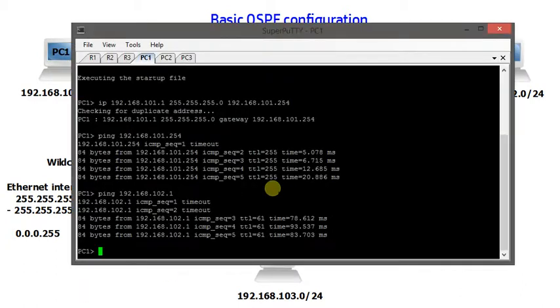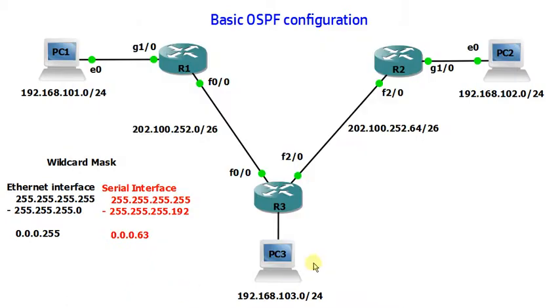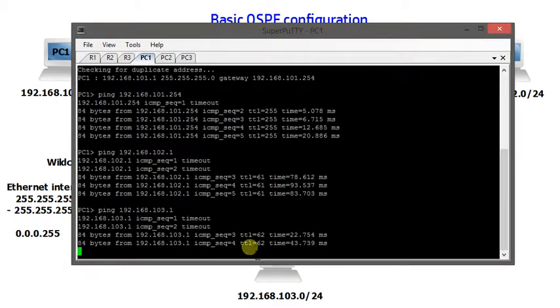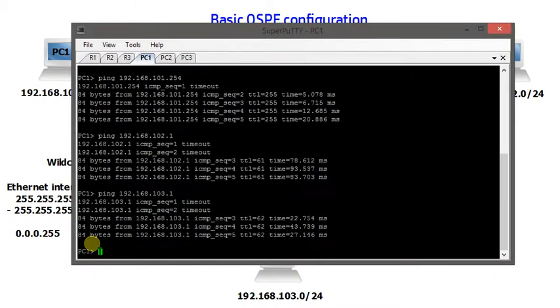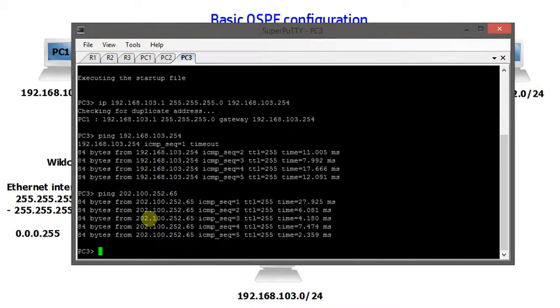The second one I want to check is 3.1, which is our PC in here, this PC. So you should receive a ping connection, or the ping packet is successful, right? So if I go to PC3 and ping